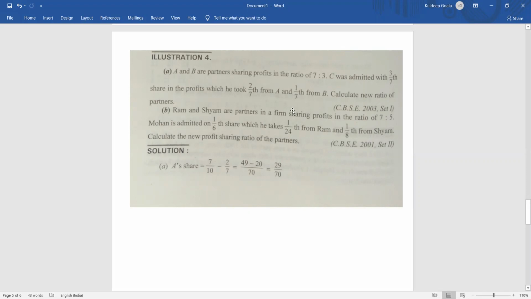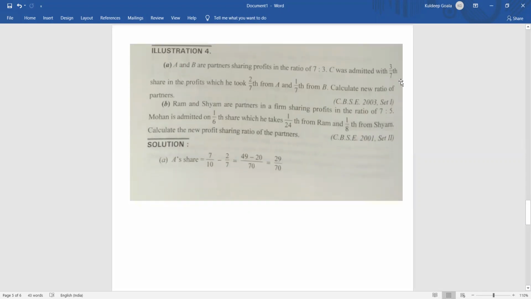It's the same as the previous ones. Easily you can find out the sacrifice. A is sacrificing 2/7 and B is sacrificing 1/7. So the sacrificing ratio is 2:1. Clear? Okay, and let's find out the